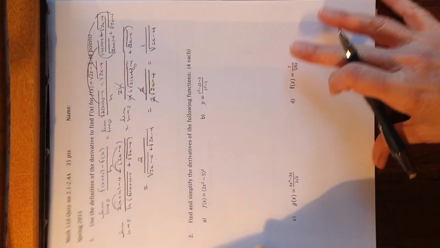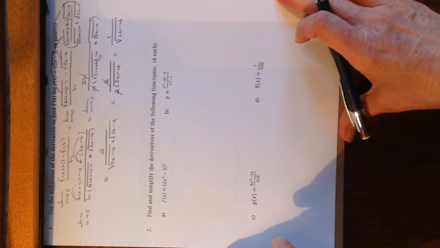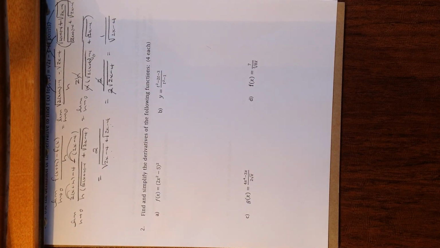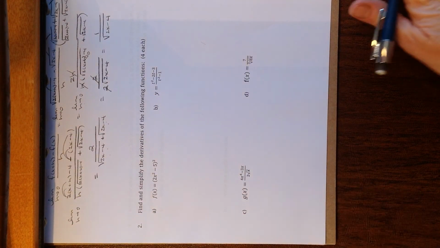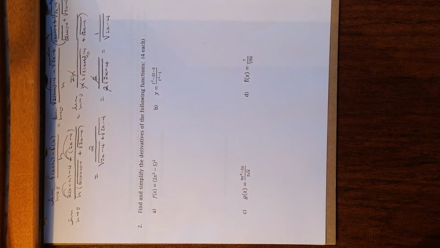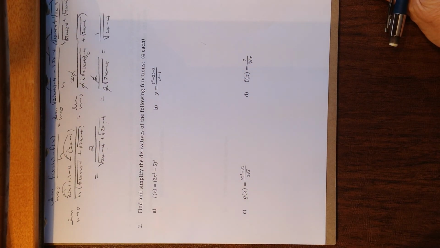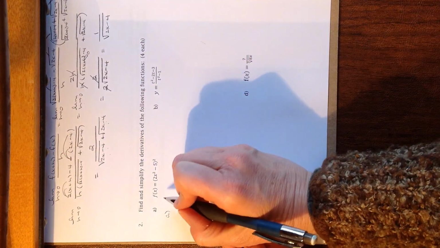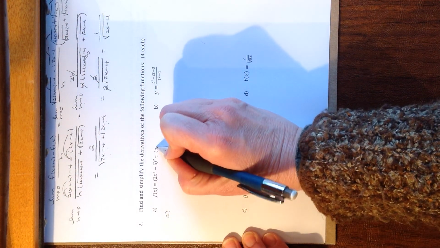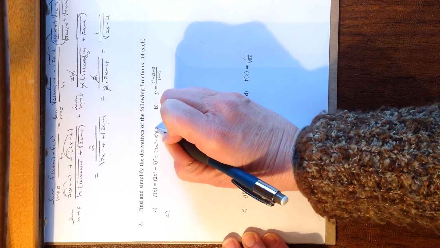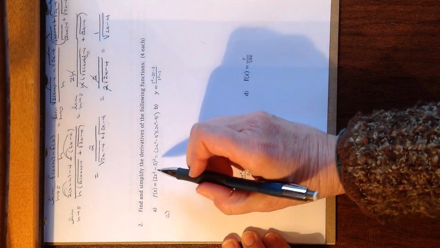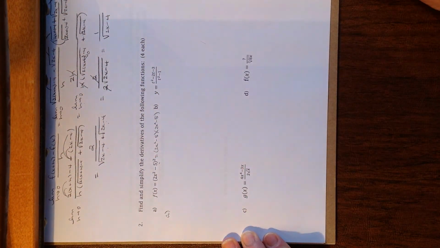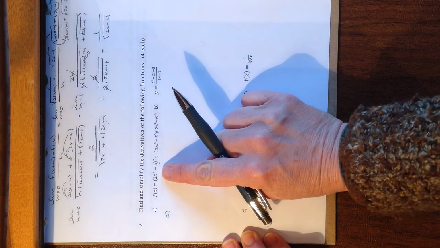Moving on, the biggest problem in section number 2 is not taking the time to rewrite your function and look at it in a different way. So for A, you have to FOIL this out because we haven't learned any way that you can take the derivative of a function raised to a power. And we're going to learn how to do that on Monday, but when you took this test,